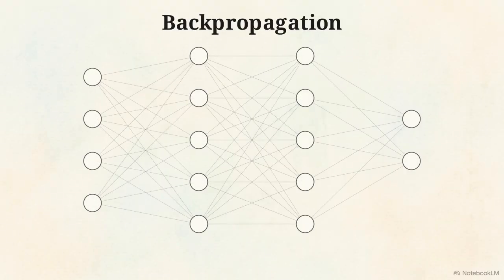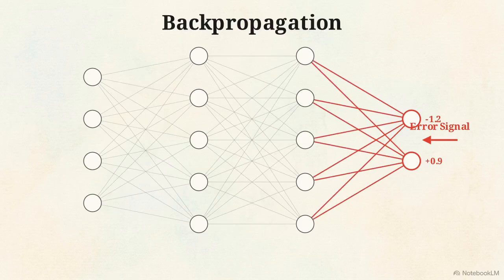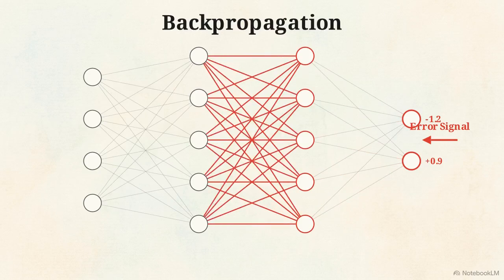To do that, it uses backpropagation. Think of it as a reverse electrical signal carrying the error data backward through the architecture. The reverse signal hits the final output layer first, assessing these nodes to find the immediate mathematical errors that ruin the prediction. The signal propagates deeper into the hidden layers, calculating how each internal connection contributed to the final error.